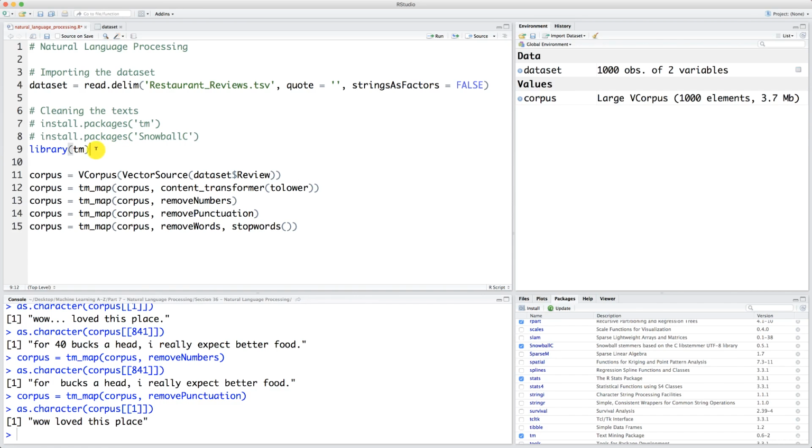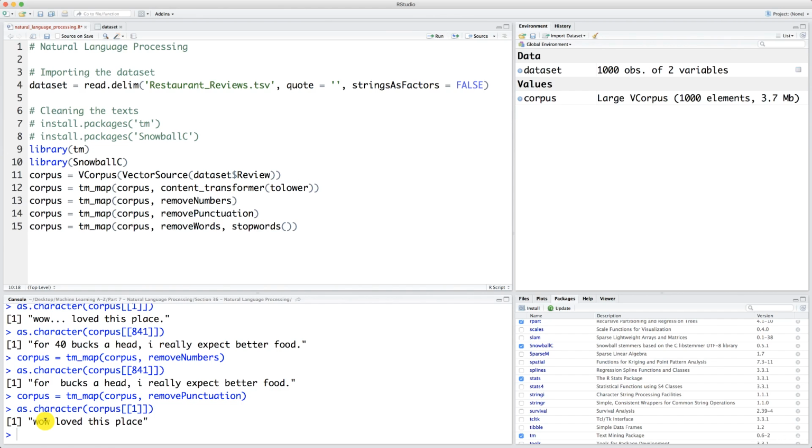So we will same copy this line, paste it below, and replace tm by SnowballC. Alright, SnowballC. Now the required packages are installed and imported to be able to use this stopwords function. So everything is all good. And now let's try it on the first review, because the first review contains some irrelevant words like this here. It might be the only word that is removed because wow might not be a word of the stop words